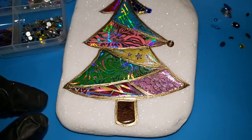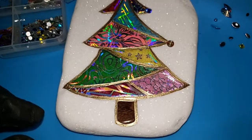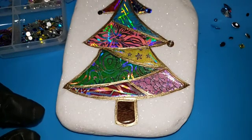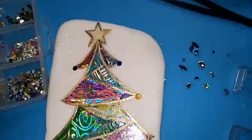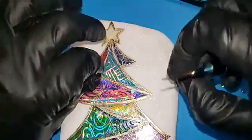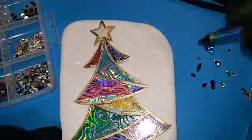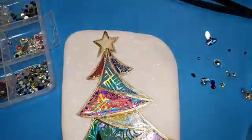I am having so much trouble finding just pretty circle round rhinestones. Yeah, this doesn't look good. These are ridiculous. Okay, maybe less is better with this guy. In the star, though, we can do